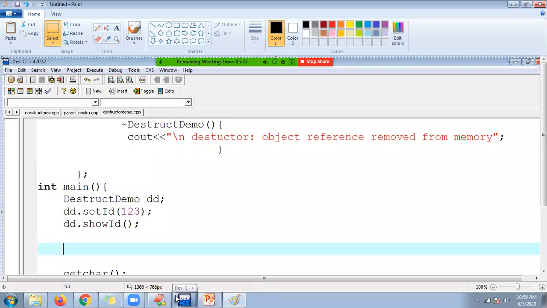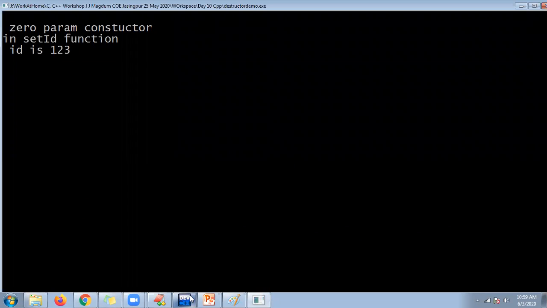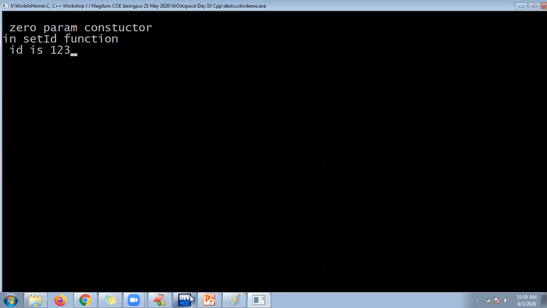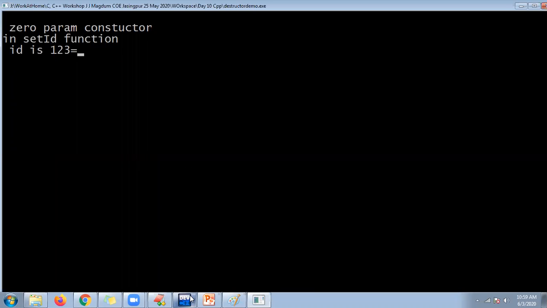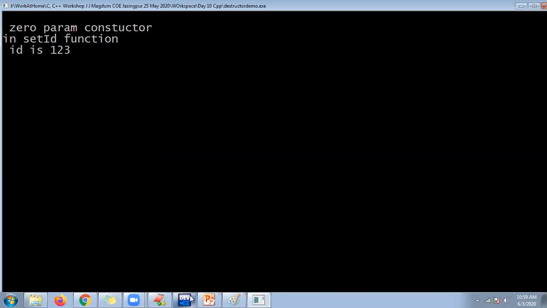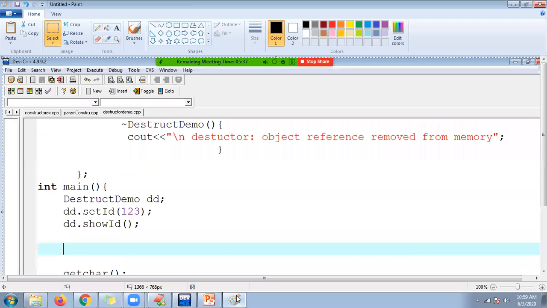So it is not print screen. Let me rerun once again. Control F10.